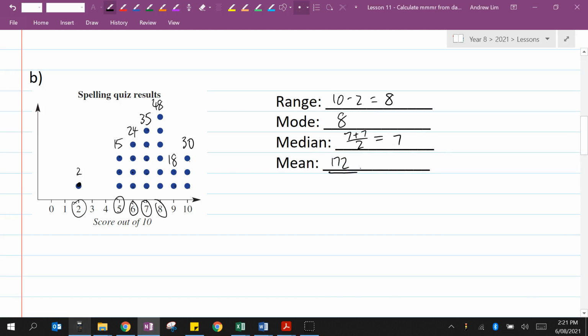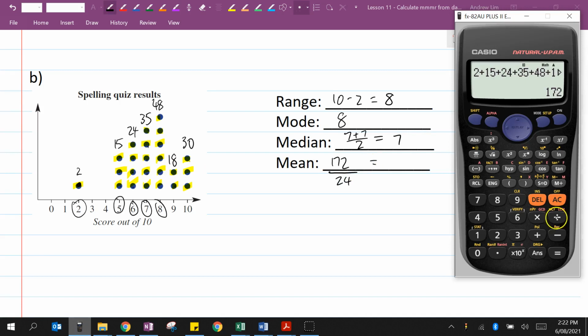And we're going to divide it by how many students there were. So according to this, that's 24. Alright, so 172 divided by 24 is 7.2